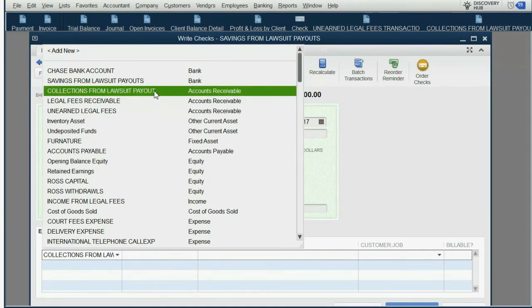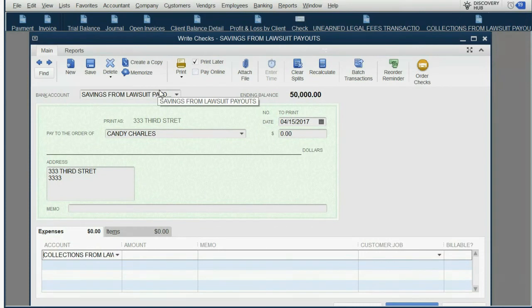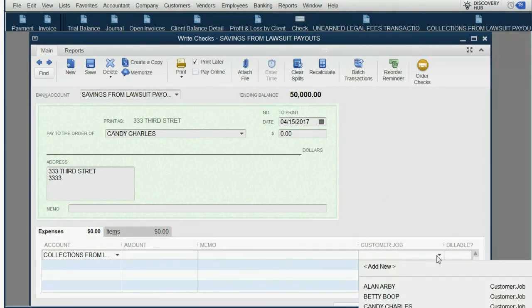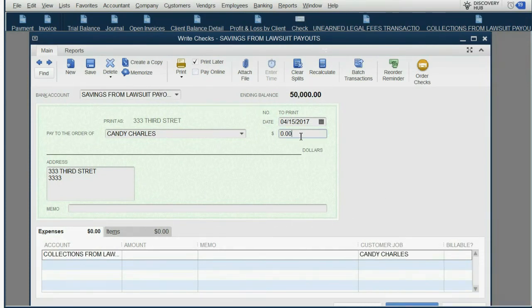You must, in the bottom left, make sure that you're paying the money from collections from lawsuit payouts. And you have to make sure that the customer job is Candy. That's the way to record the payout. Oh, excuse me, it's only 48,300. Okay, that's the way to record it because it's